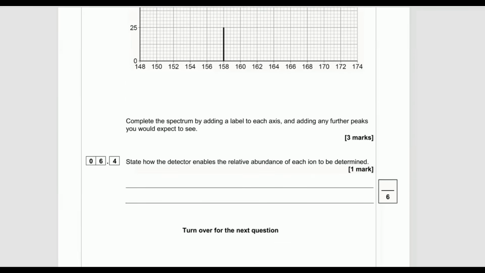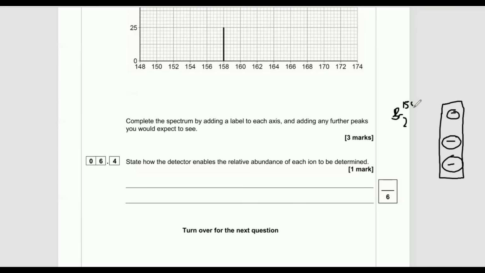Final mark for this 6-mark question. 6.4, state how the detector enables the relative abundance of each ion to be determined. So what happens at the detector, just for those of you that are interested in these things, the detector is a negative plate with an ammeter attached. Now you just imagine that bromine